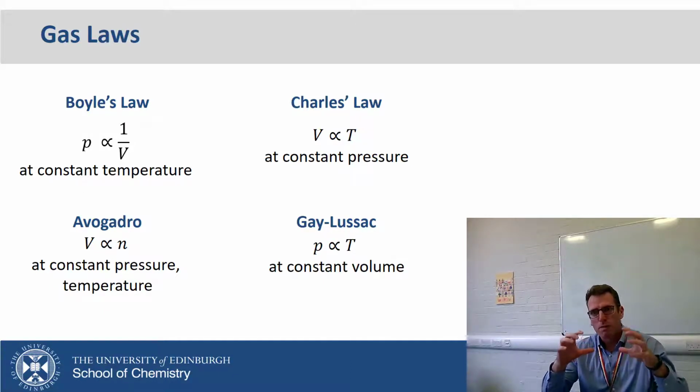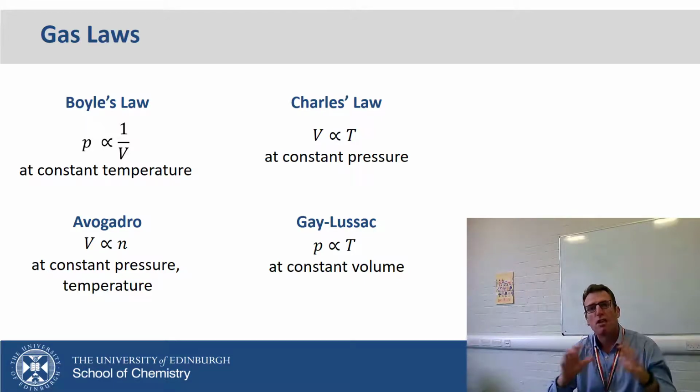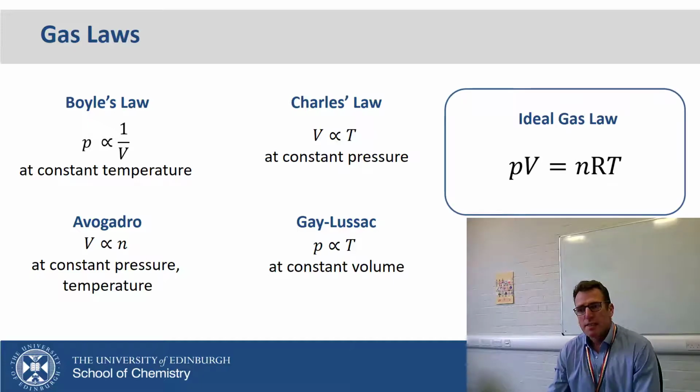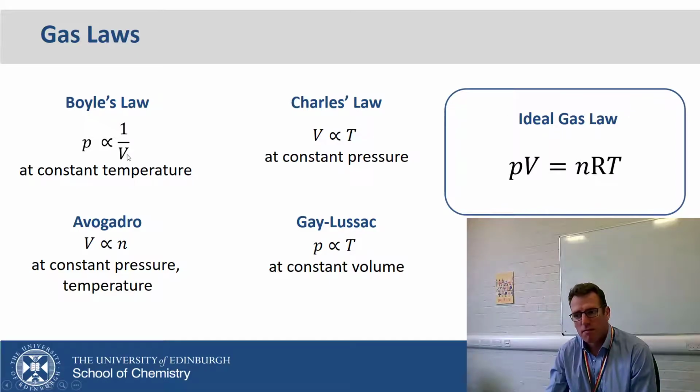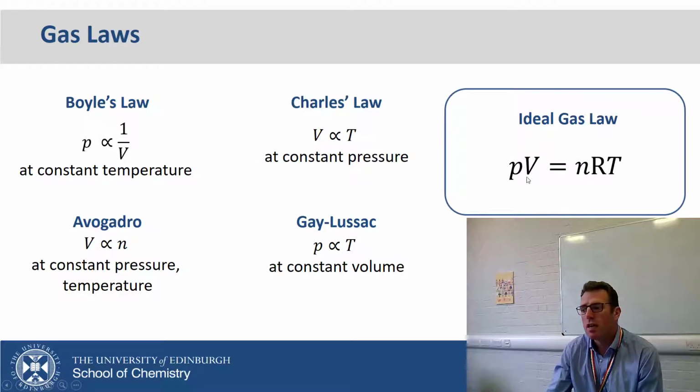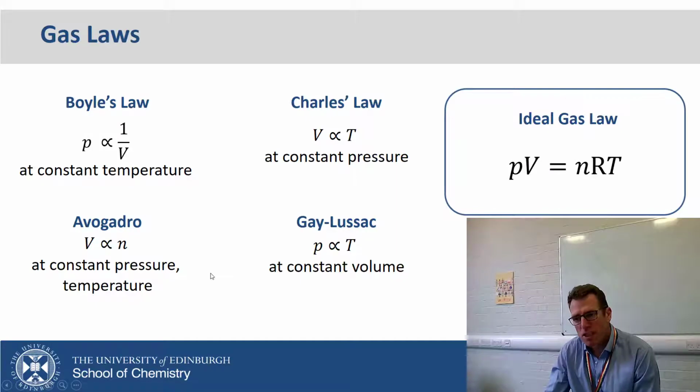So if we have our balloon, but now that's fixed volume, it can't expand, and we increase the temperature, well then obviously the gas molecules in that balloon are going to move around much, much faster, so the pressure will increase. And what the ideal gas law does is essentially combine all of these statements into one statement. So we know the pressure is inversely proportional to the volume, we know the volume is proportional to the temperature, and so on. So we combine all of these laws, all of these individual observations, we can create the ideal